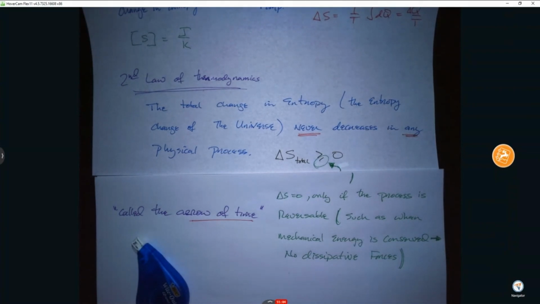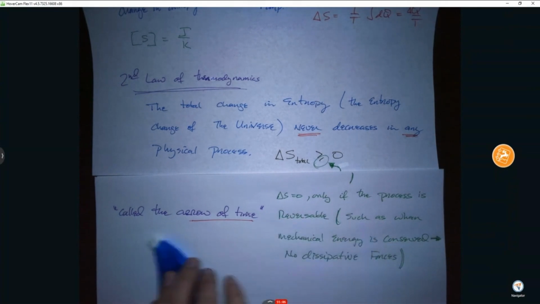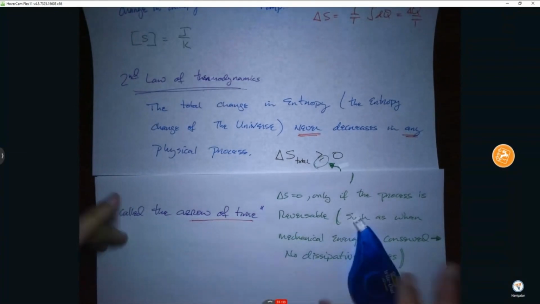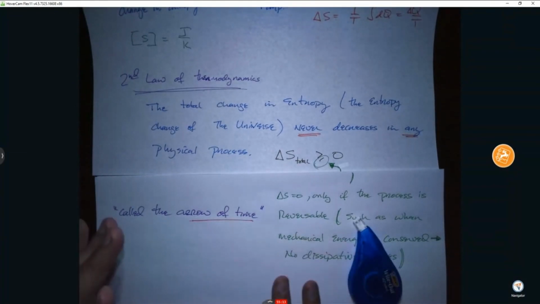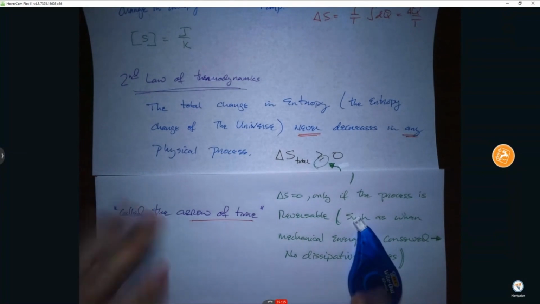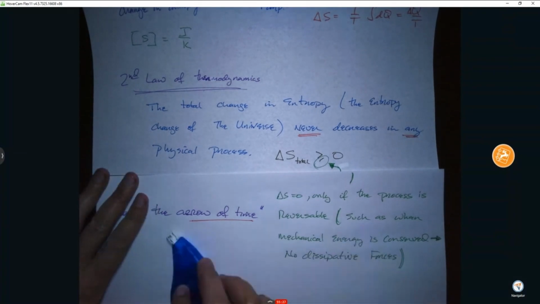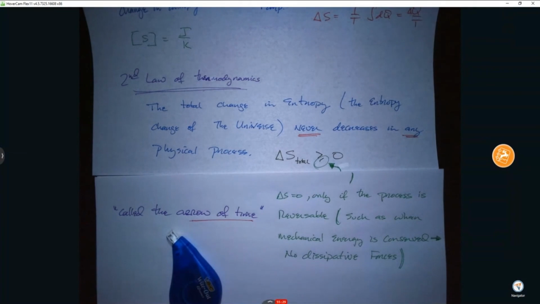Because what we did was take ordered energy, my work, into kinetic energy of the marker, and then as it slid to a stop with friction, it converted that mechanical energy into thermal energy, which is more disordered. And if you go the other way, then you convert disordered energy into ordered energy, and you would have decreased the total entropy of the universe in that process.